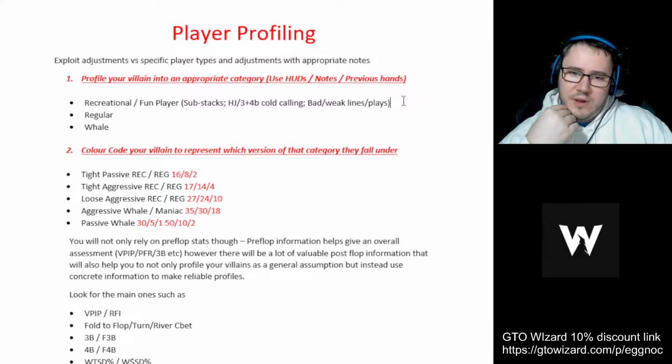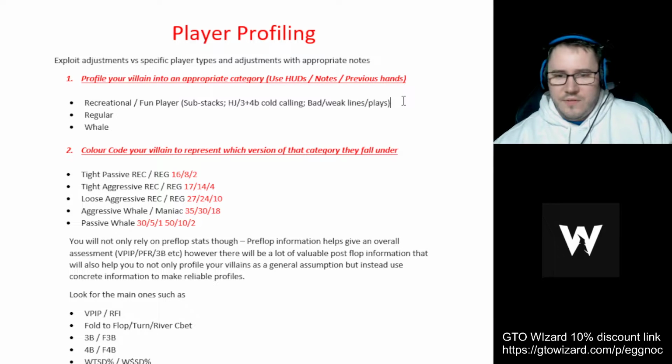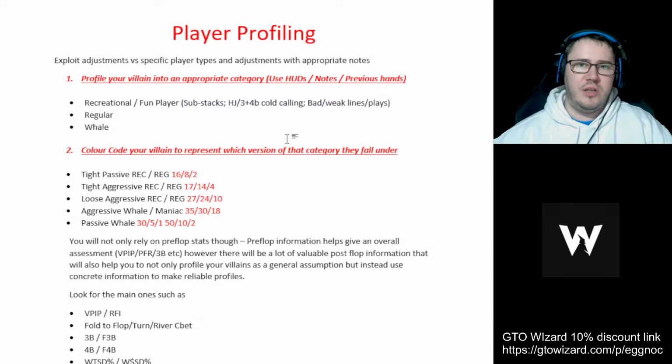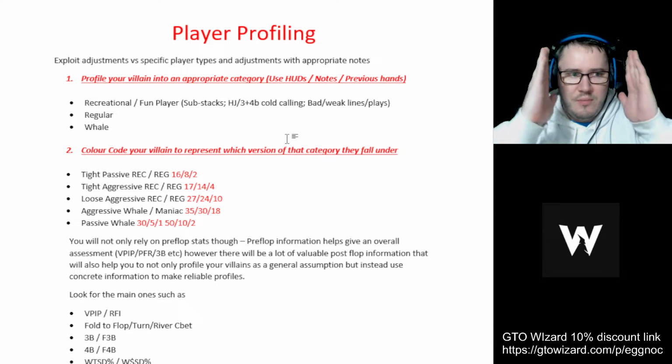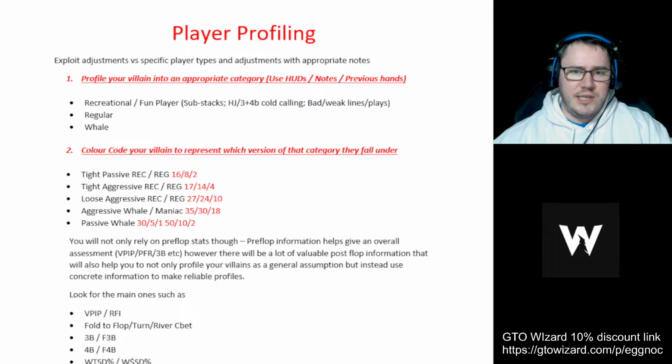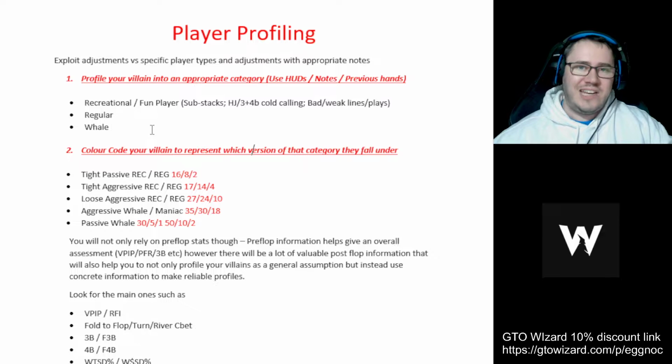So to begin with then, exploit adjustments versus specific player types and adjustments with appropriate notes. As we said, we need to try and identify the opponent, take notes of them, use the HUD information, and with those three combinations we can then move forward with our thought processes when applying our strategies. So let's have a look at the first option, number one. What we want to begin with in our strategy here with player profiling is to profile your villain into an appropriate category,